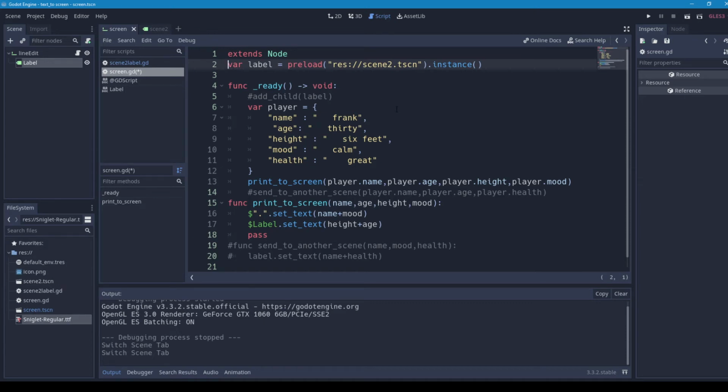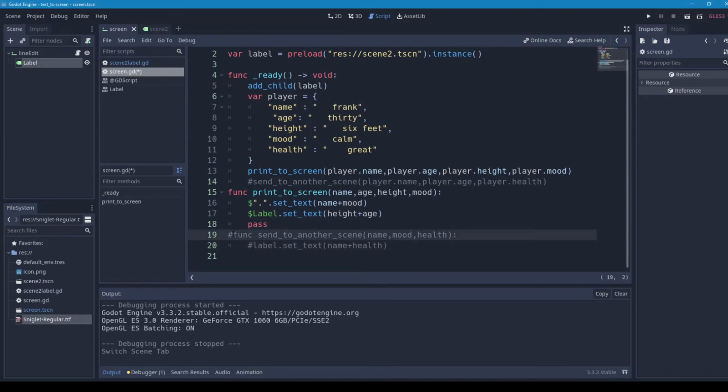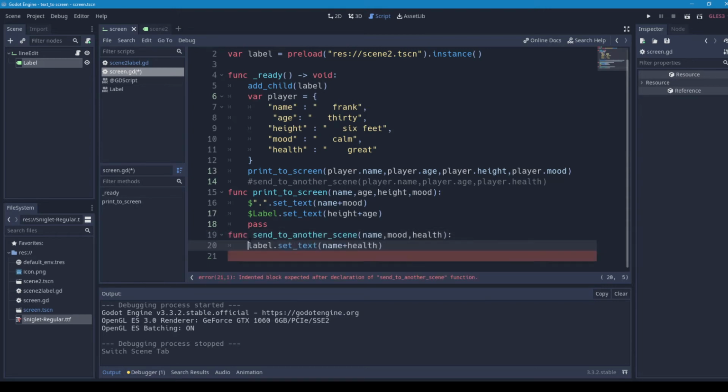There. Making an instance of it. In the ready function, we then add the instance of it, and then we can bring these functions in, and